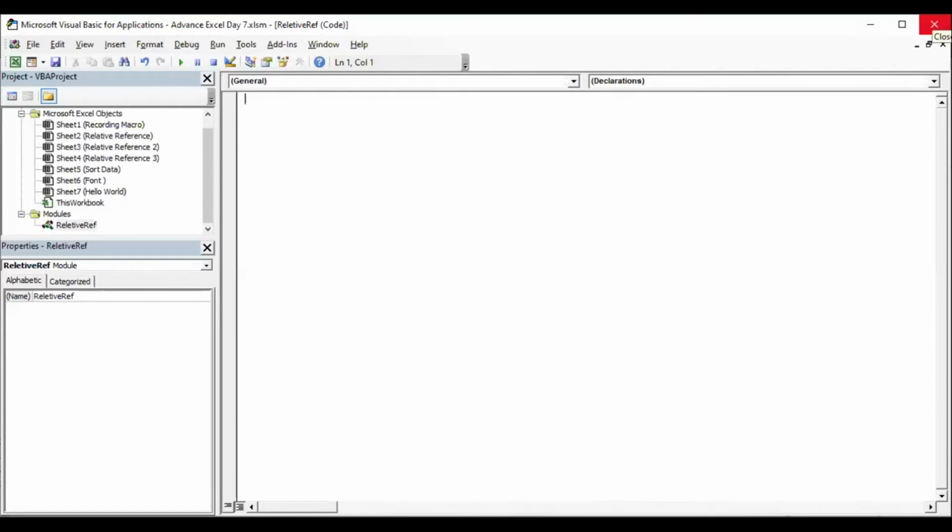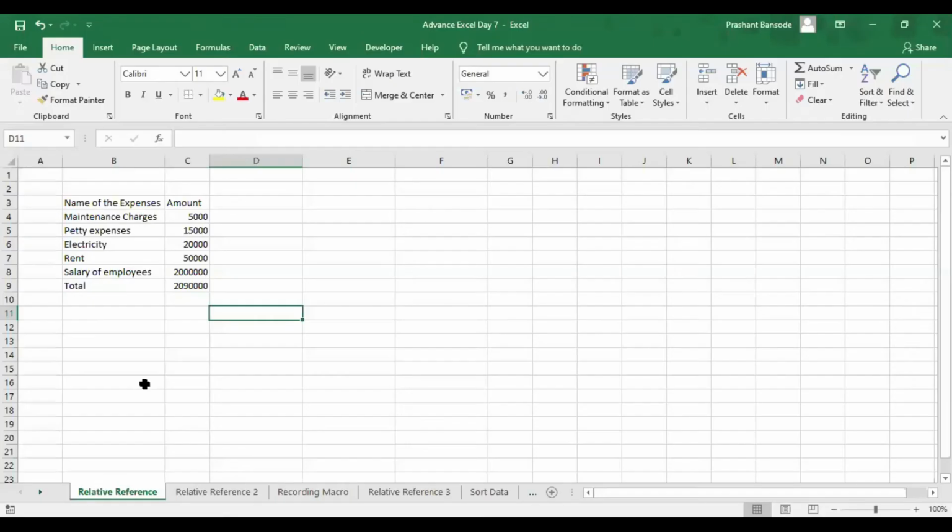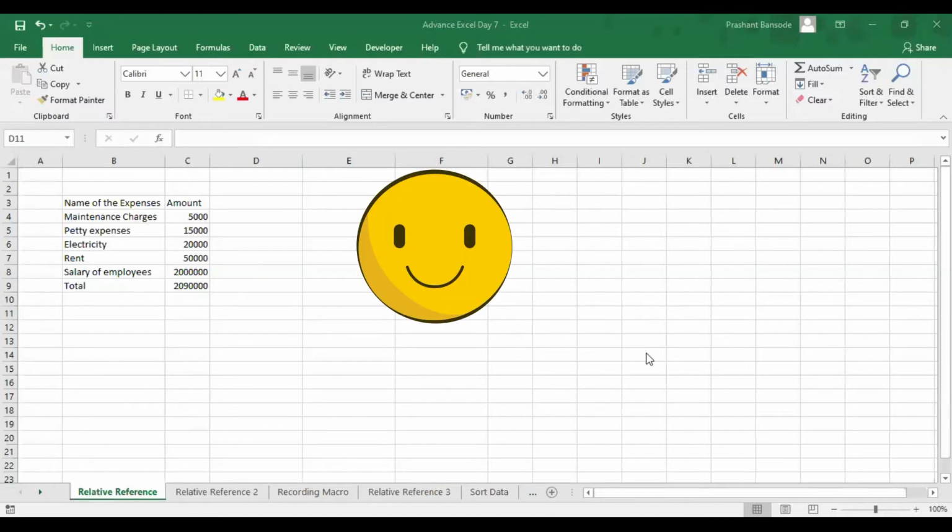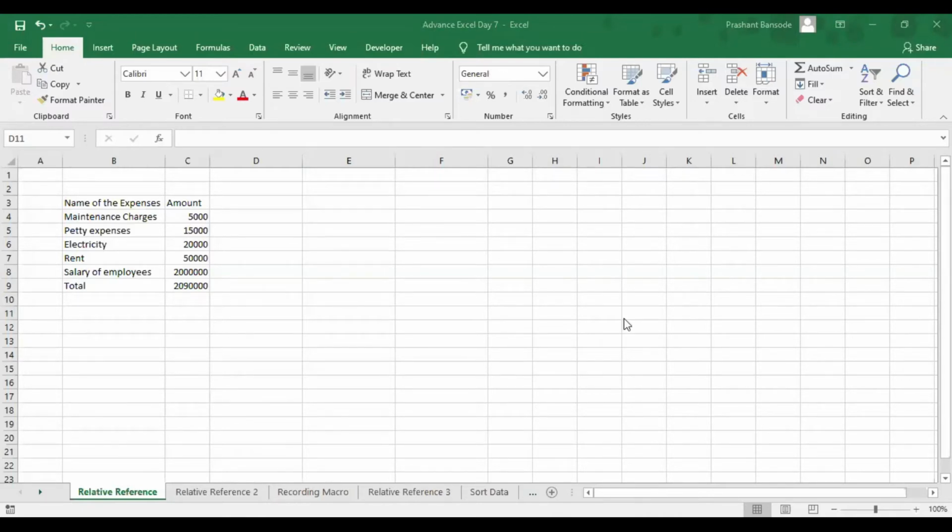Now let's close this window and move to our Excel sheet. I've created various sheets for our practice today. As I told you, the main thing that we are going to use today is how to record macros. We have a lot of tasks which we do on a regular basis in Excel, and that's how we need to automate them. We may work on the same format. For example, I have this format, and I'm getting this report every day, or every week, or every 2 days, or whatever the case may be,